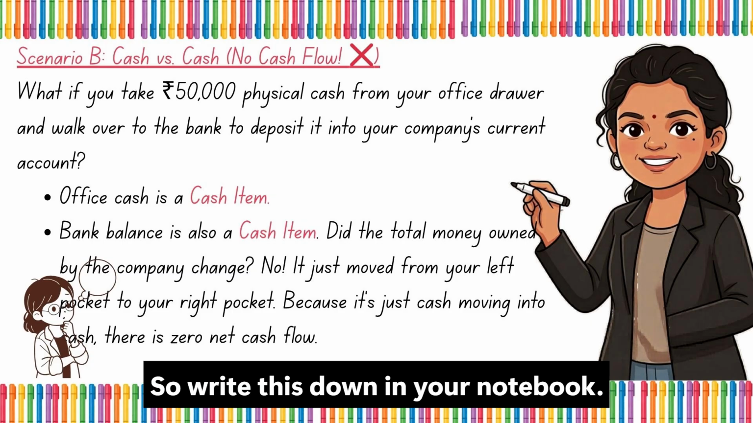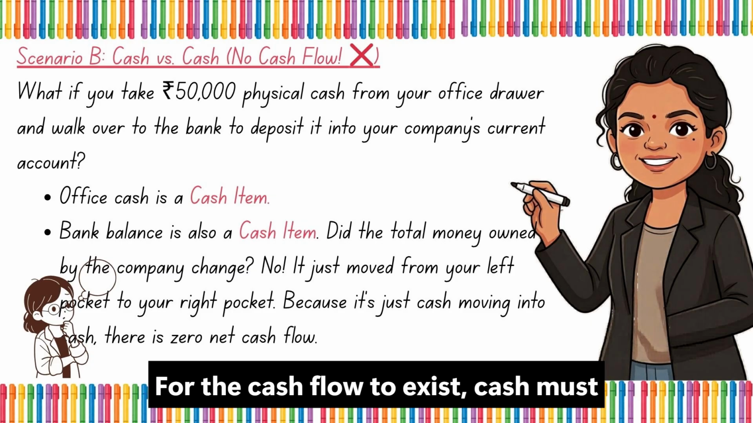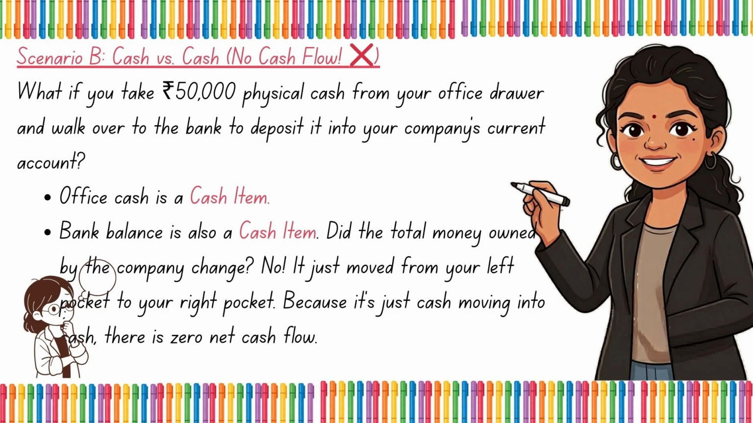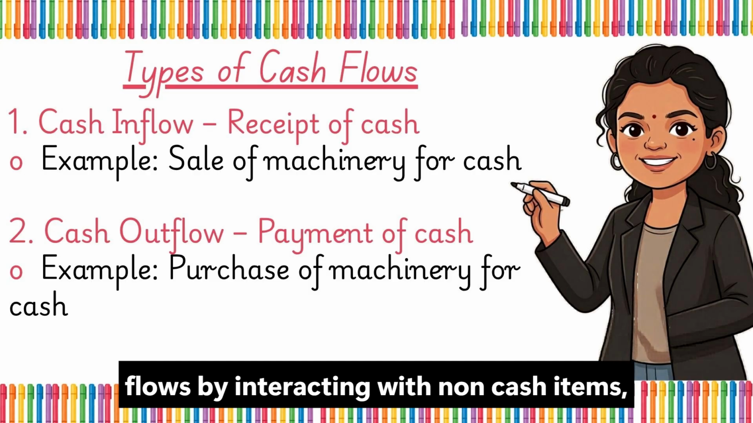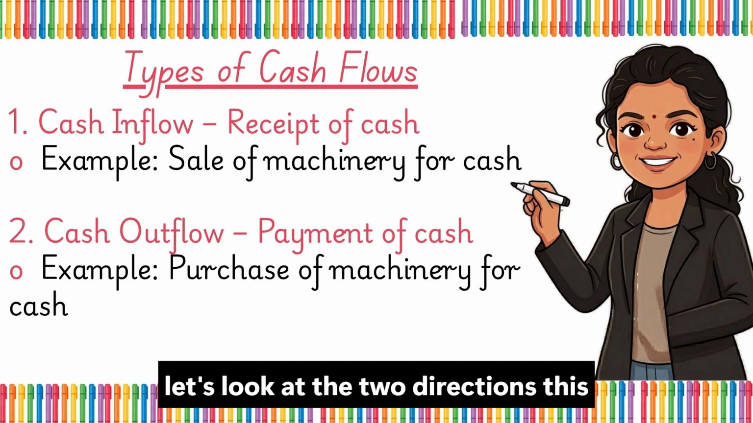So, write this down in your notebook notes. For a cash flow to exist, cash must interact with a non-cash item. Alright, now that we know how cash flows, by interacting with non-cash items, let's look at the 2 directions this